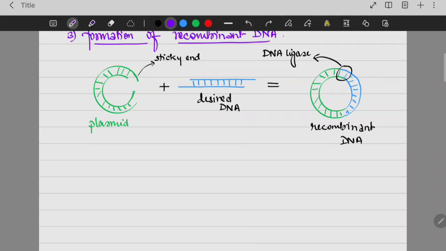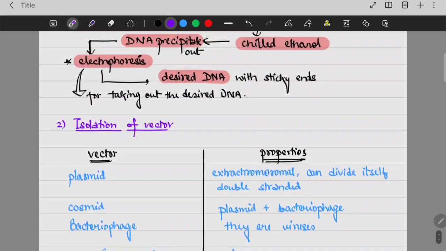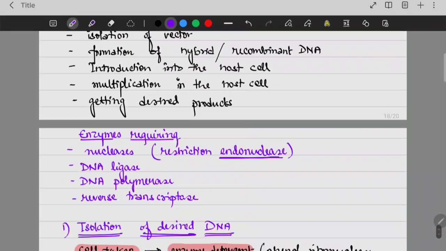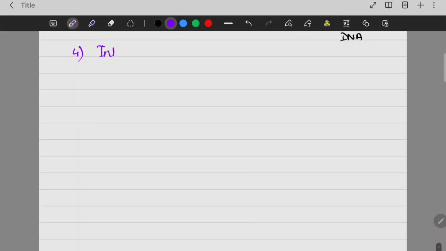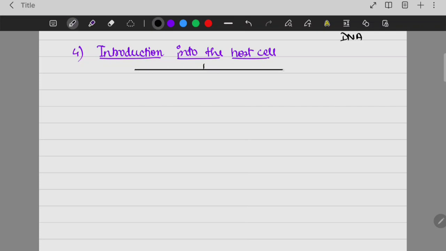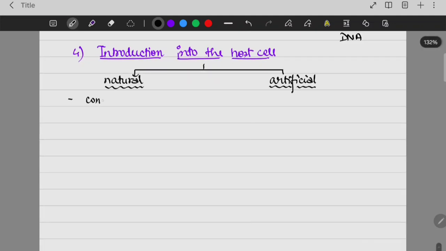The fourth step, as we have explained, is introduction into the host cell. We can transfer this DNA by both natural and artificial methods. So I will classify it into two parts: one is natural and the other is artificial methods. The different natural methods can be conjugation,